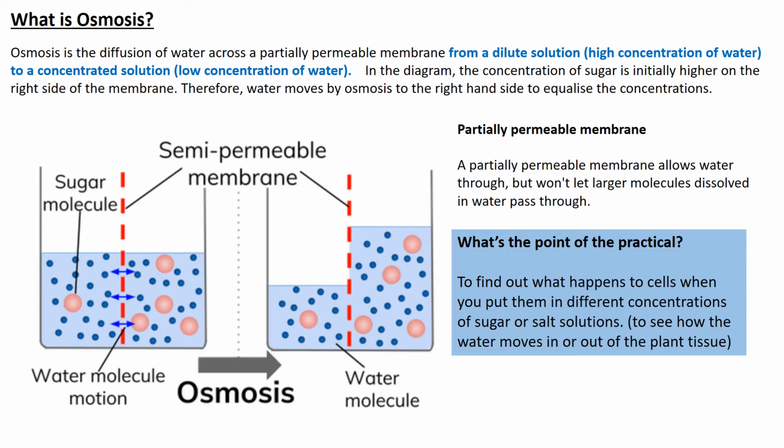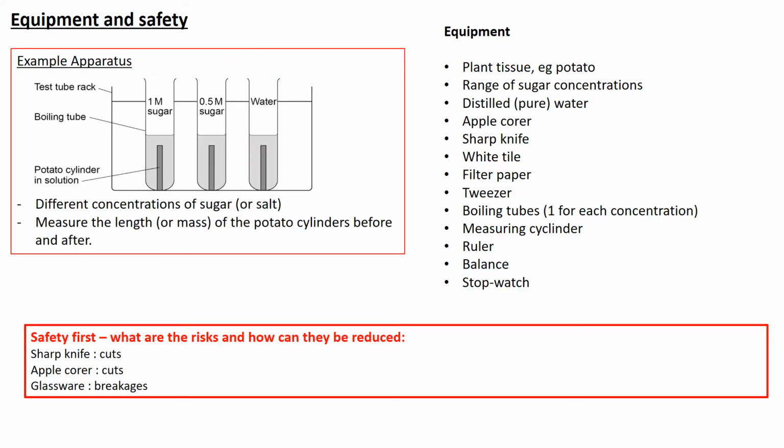Right. Health and safety. And you can think, what can go wrong with a potato? Well, there's an interesting one. So let's go through the equipment and then we'll go through the safety. Firstly, what we tend to do is set up a test tube rack with a range of boiling tubes with different concentrations of potato in each tube. The potatoes should be the same length or the same mass,